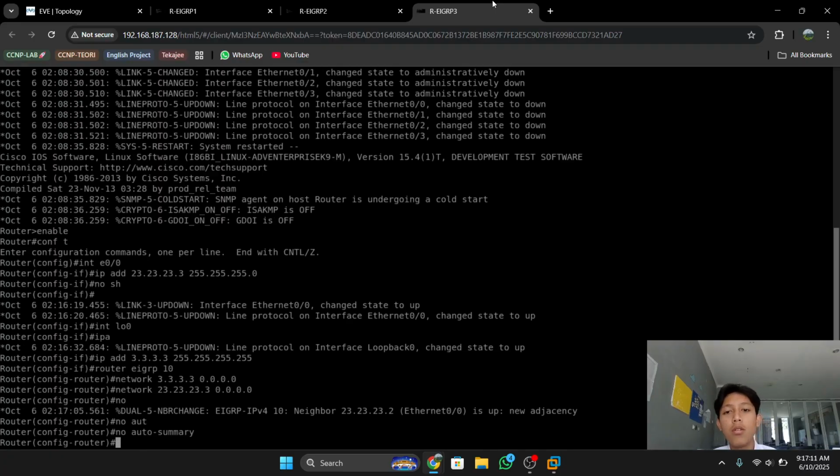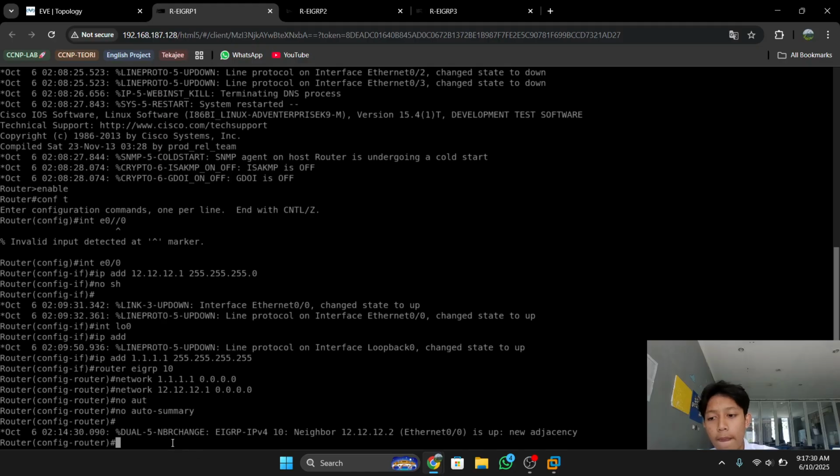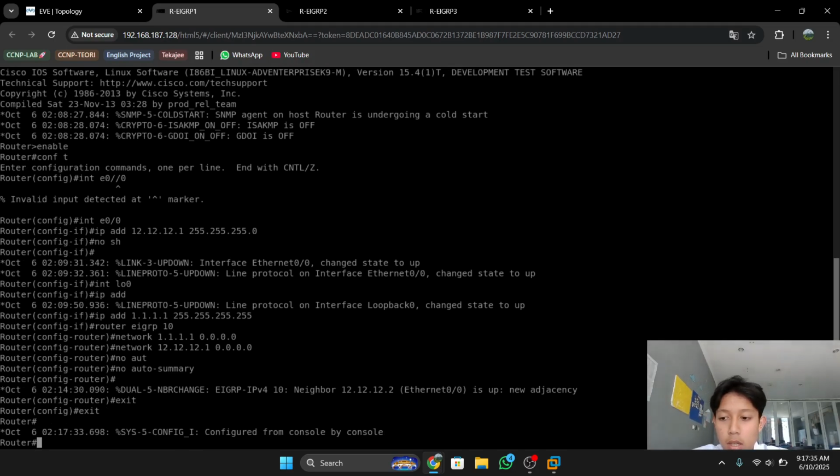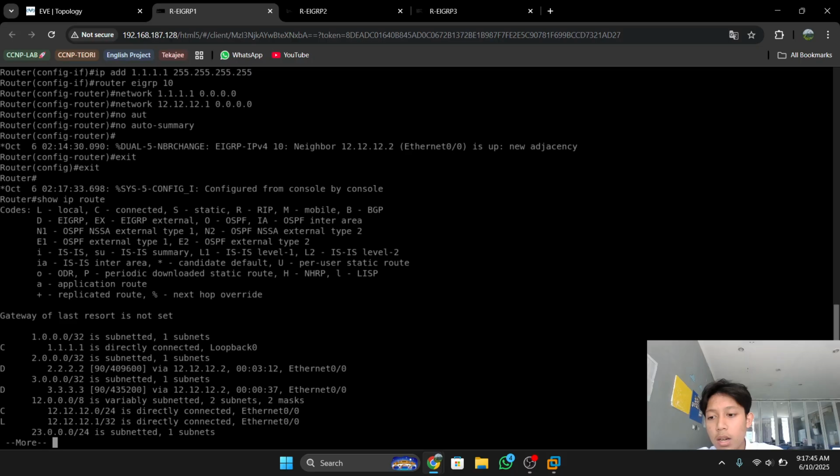Okay, if you have already configured like me, we can verify whether your interface configuration is correct or not. You can check on router 1. Type show ip route, and then enter.